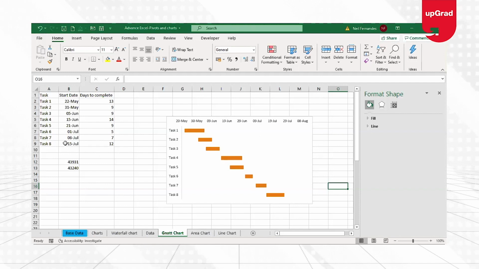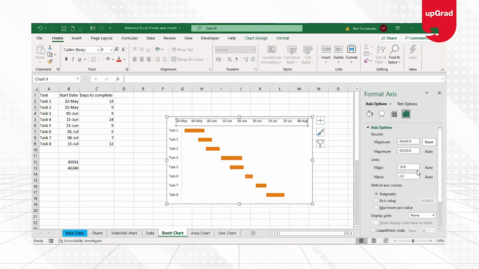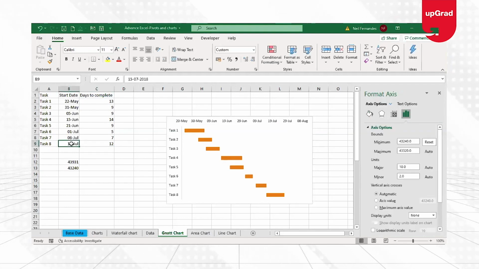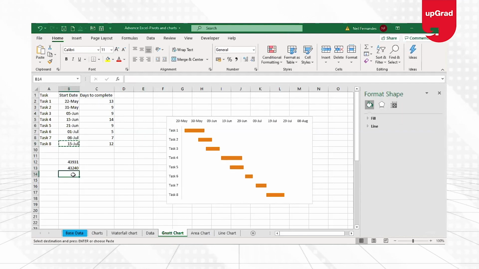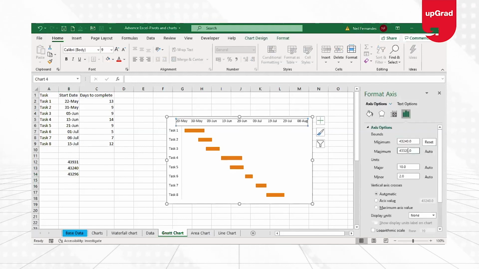One more thing, if you have noticed, it is 15th of July that it is starting, and in 12 days, if it is getting over, it is going to get over by a maximum of 29th or 30th of July. But your last data is still showing as 8th of August. If you want to change that also, it can be done by using the same method which you did here, where I'm going to change the format of the date to show, let's say, 15th of July, which is 43296. So I'll select this and my maximum value will be